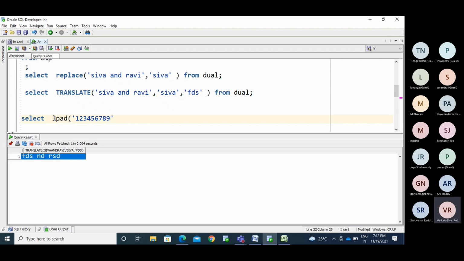We have 9 values here. My account number should be 11 digits. So LPAD of string. How many characters do I need to keep? That you need to mention as the length of that string. You mention 11. So what do I need to put here? 0.